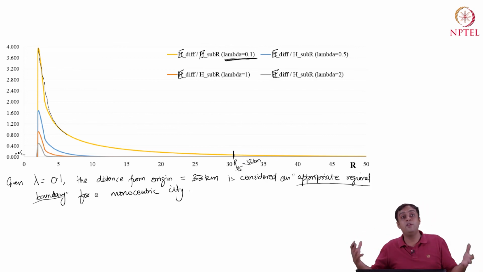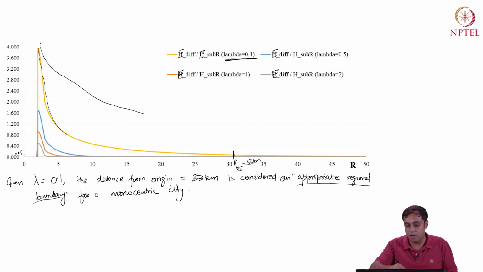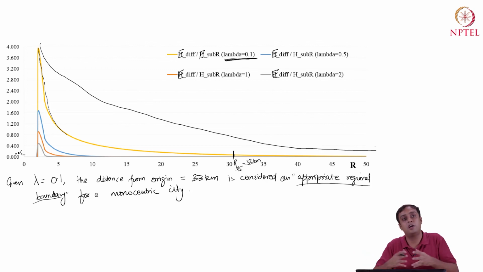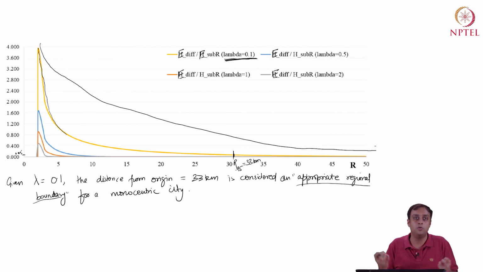Of course, with lambda values being different, if lambda goes up, you see that R 0.95 is drastically smaller, right? So a lot can be done with smaller cities as well. Not all is lost with smaller towns and cities. But if lambda is smaller, you can expect a larger spatial scope of a city to be required to encompass the variation that one would like, right? So this is for the case where lambda is much less than 0.1.